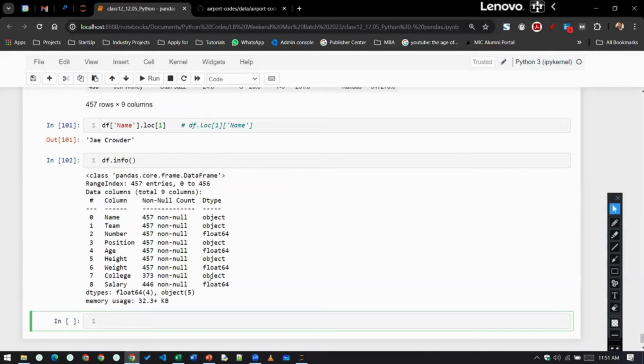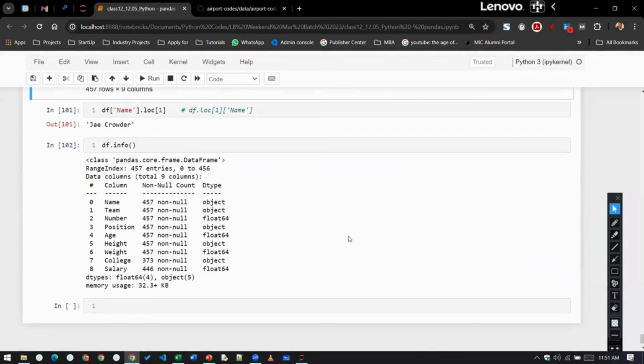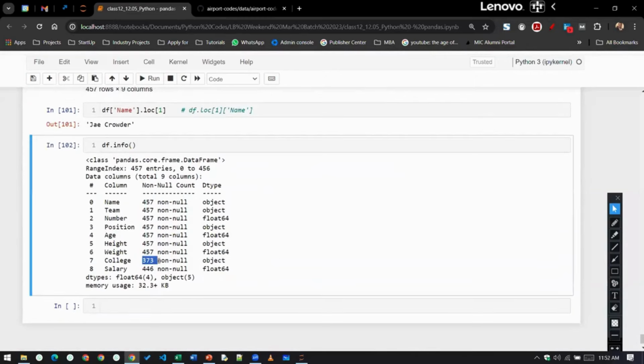In the college column, maybe there is some null data present. So it is giving us non-null counts. You can see in the college column, there are 373 non-null values. That means 457 is the entire length, and 457 minus 373 is basically your null data. That means we don't have the college information for